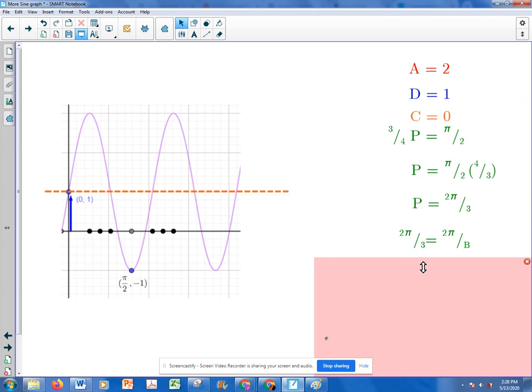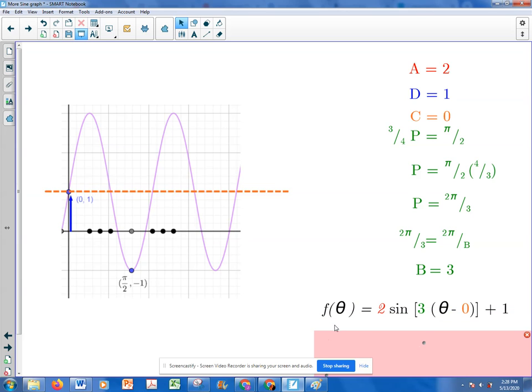It went faster. What do I have to do to solve for B using that formula? Here's my P. And now hopefully you can see it. Oh, B and 3. The answer is going to be 3. But we multiply both sides by B, get the B over here, and then multiply the other side by 3 over 2 pi to get this to go away. And you can get B equals 3. And now putting it all together, we have that as being